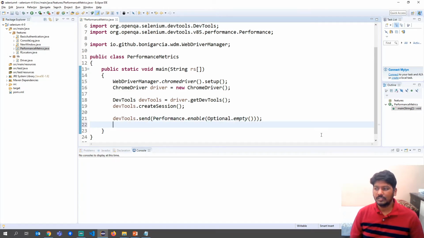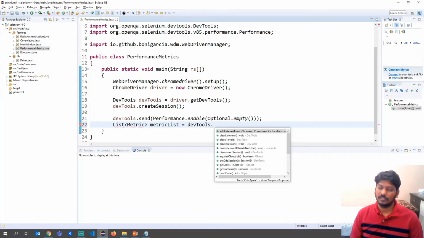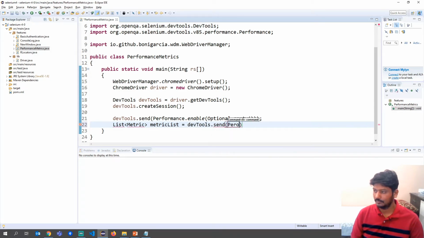Okay. Now what we will do, we will try to get the metrics. So now that we have said that you have to enable the performance metrics, we have to say that we should get the metrics also. So for that, what we will do, metric list is equal to DevTools dot send performance dot get metric.